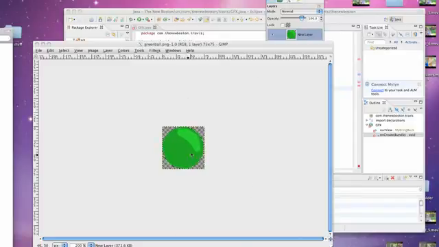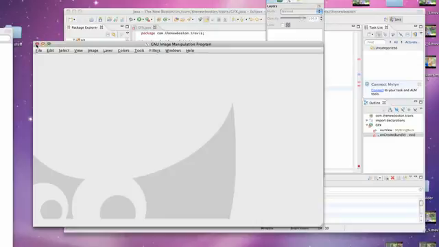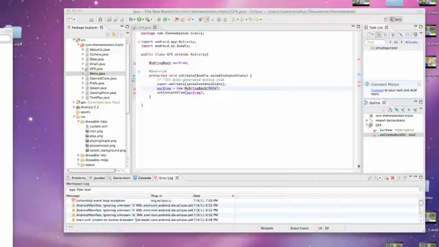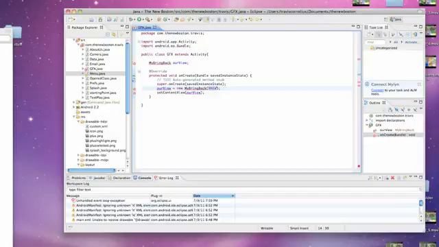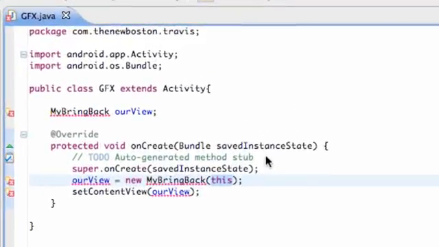Basically what I want you guys to do in this tutorial is, either we can work with that plus that you guys created earlier, or just create a new little image that's 75 pixels by 75 and save it in your resource folder. Call it green ball. If you want to follow along exactly with the code, then just clean the project and make sure everything's working. And now we're going to create our actual view, which is going to hold our animation